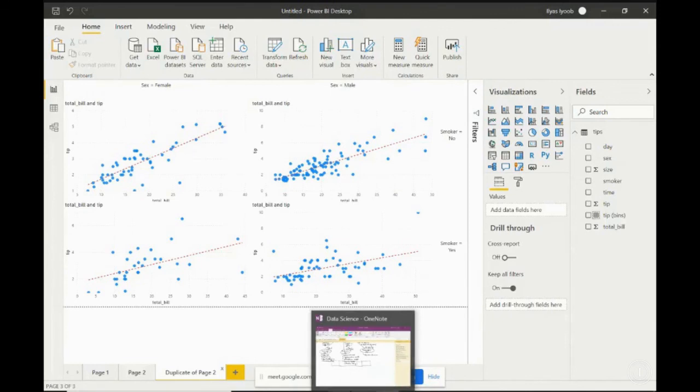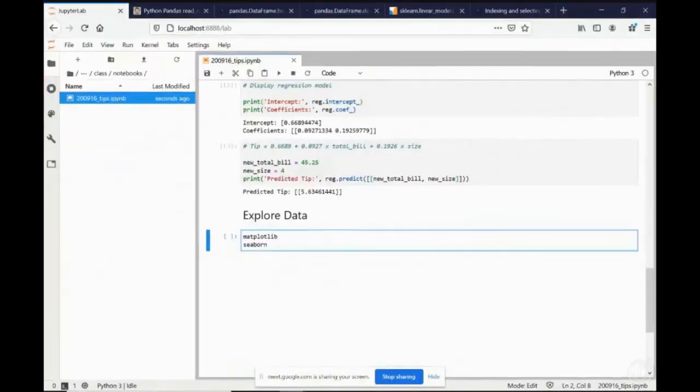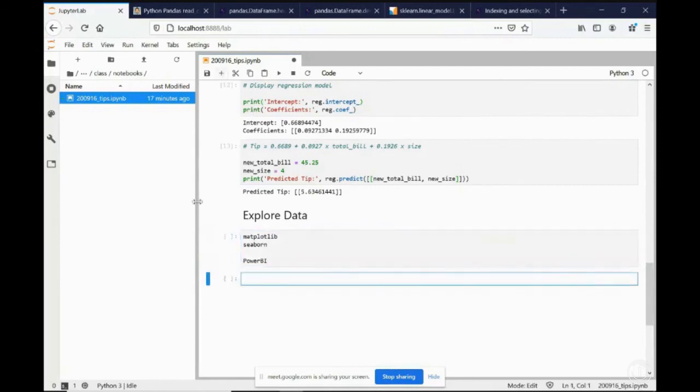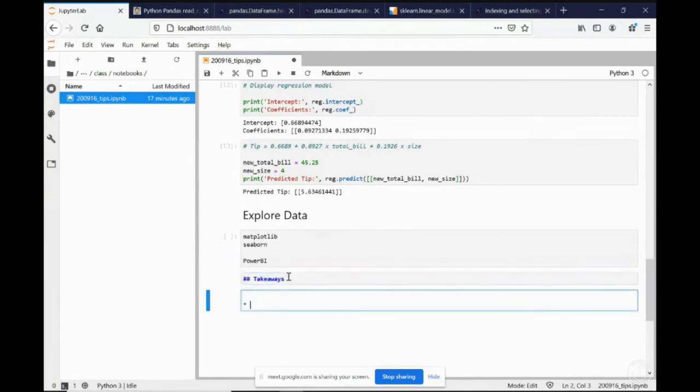So if we were to go back to our notebook, we did all of this, and then we said, we did some visualization in Power BI. But what is our takeaway now from all of this? Our takeaway is that number one, you can document this in Markdown also. Let me just call it takeaways. So the first takeaway that we have,